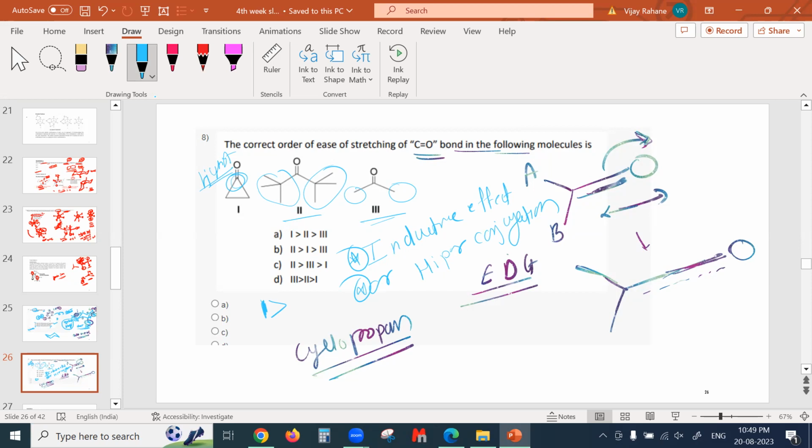So generally, the hyperconjugation effect is stronger here. I just need to confirm it, but I will suggest for now, I will give the numbering in this way. So as per my understanding, the option B, sorry,